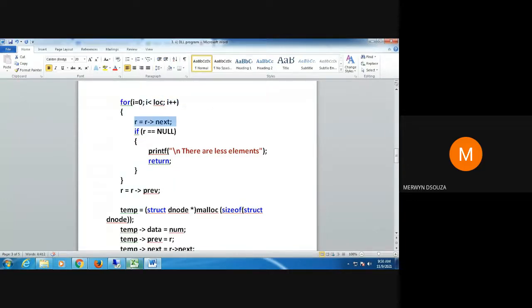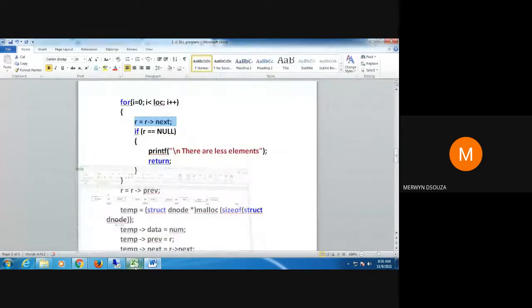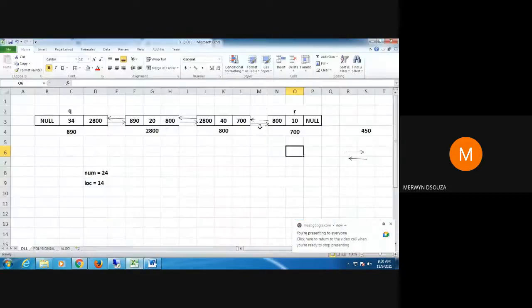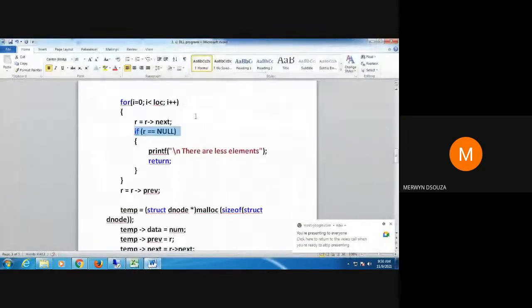Shift R. Check this condition. Is it null? It's not null, the value is 700. So increment i, it becomes 3. Is 3 less than 14? Yes, 3 is less than 14.